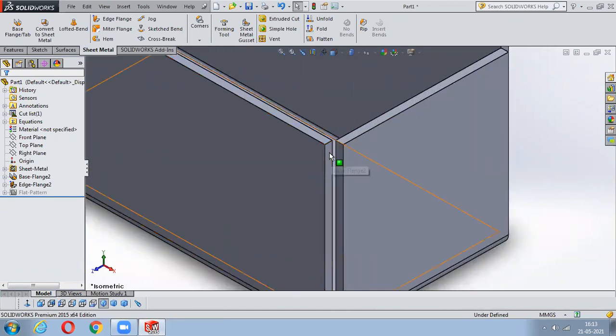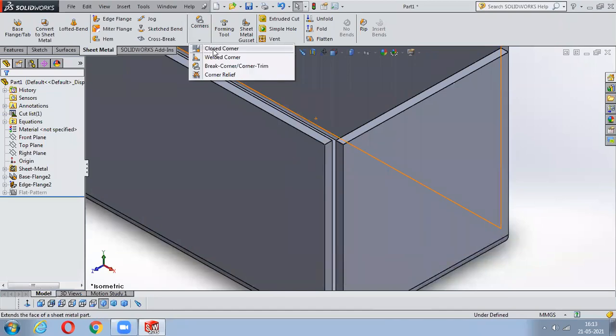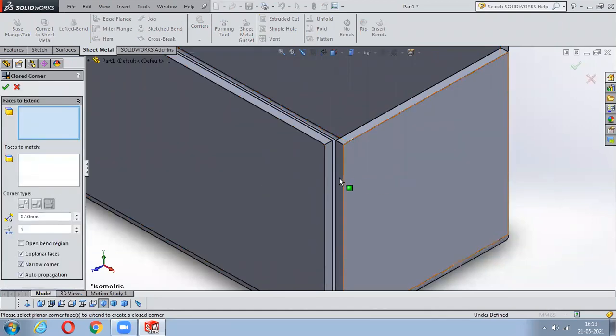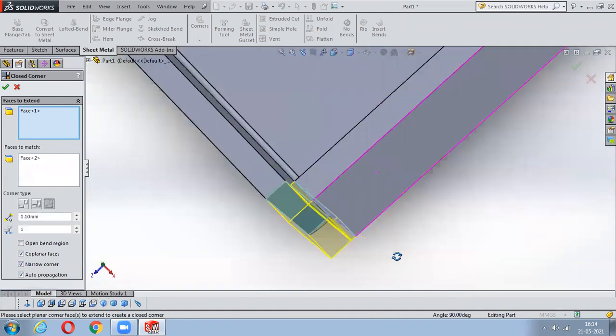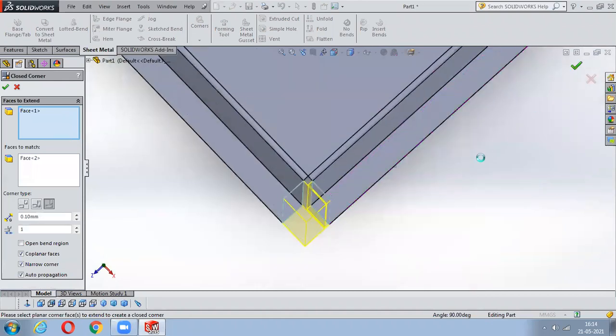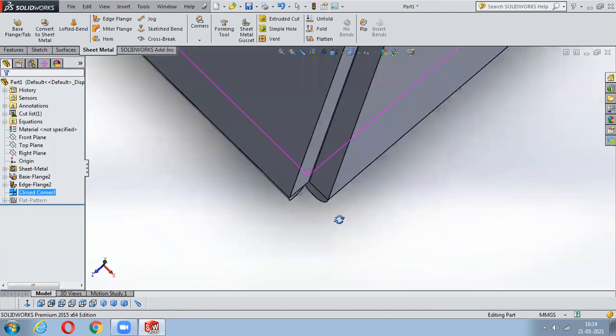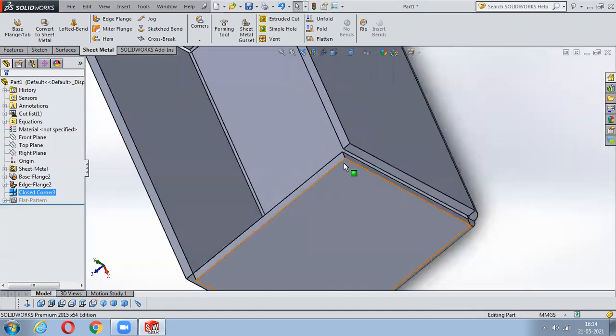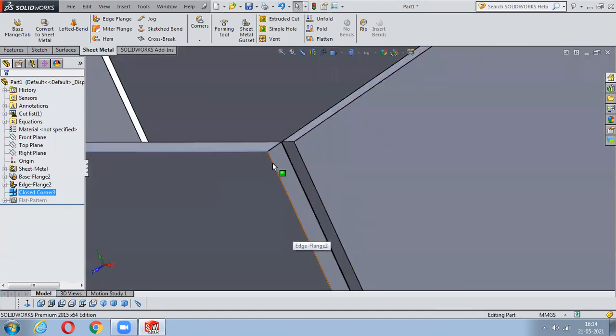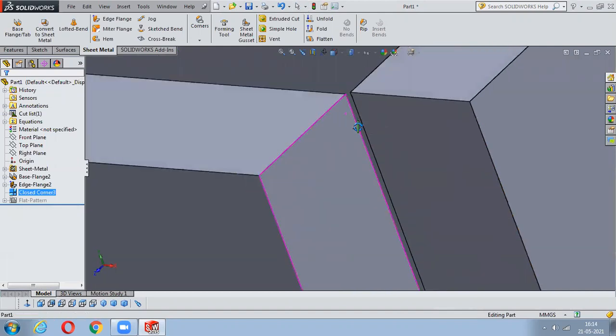To fill the gap between these two walls, we'll move on to closed corners. Here you have different types of closing the corners. Once you click on this, you can notice it is being closed. Yes, sir. Once you say okay, it will be closed, but not fully closed, and some gaps will remain here. You have different types of closings here. Once you say okay to this, somewhat it has been closed compared to this gap. It is closed, but not fully joined, so there is some gap at the right.